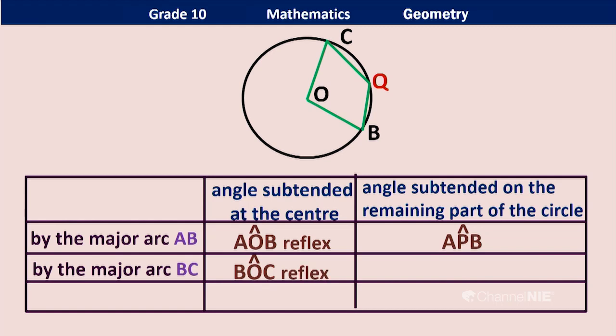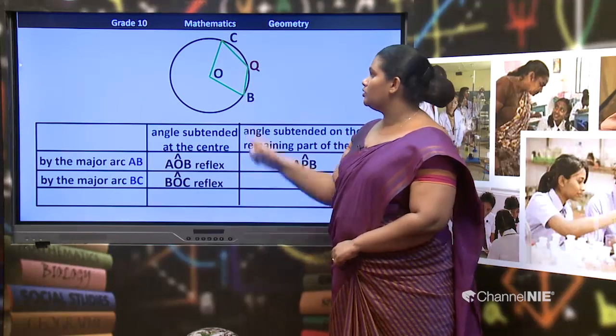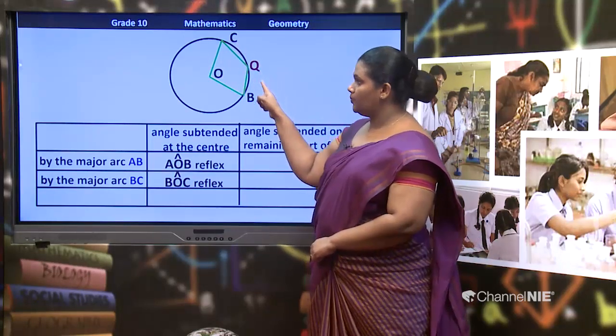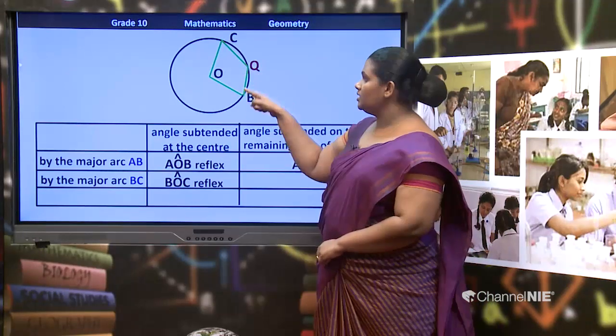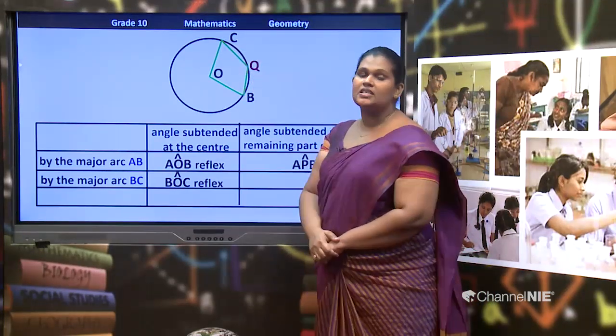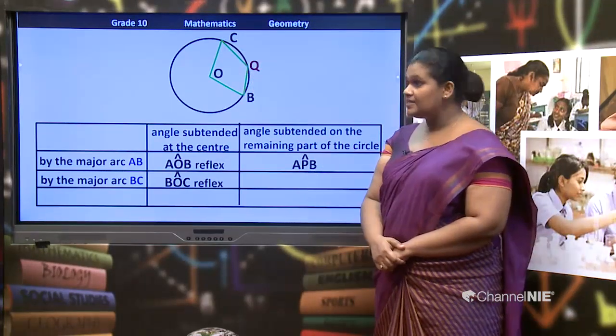Right. Now, we will have a look at the angle subtended on the remaining part of the circle by the major arc BC. Right. Once again, the major arc BC is here. So, the remaining part of the circle can be clearly observed. Now, the angle subtended on the remaining part of the circle can be observed as angle